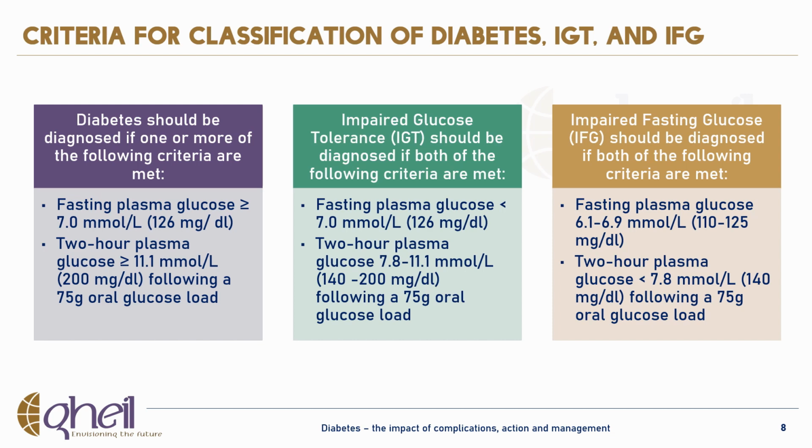For type 1 diabetes, in the presence of symptoms, for example polyuria, polydipsia and unexplained weight loss, the diagnosis can be made without OGTT if the following are present: a random venous plasma glucose concentration greater than or equal to 11.1 mmol/L, or a fasting plasma glucose concentration greater than or equal to 7.0 mmol/L, whole blood greater than or equal to 6.1 mmol/L, or HbA1c greater than or equal to 6.5%.